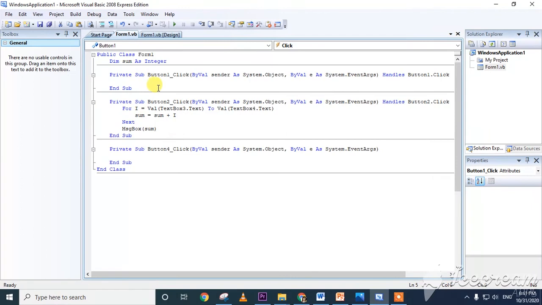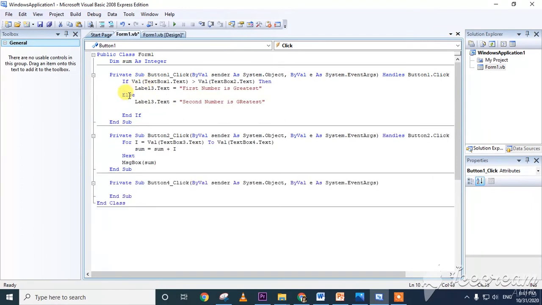So I'm writing code here. If the value of TextBox1.Text is greater than the value of TextBox2.Text, that means TextBox1 is greater than TextBox2, then it should show first number is greatest. Else, it should print second number is greatest.